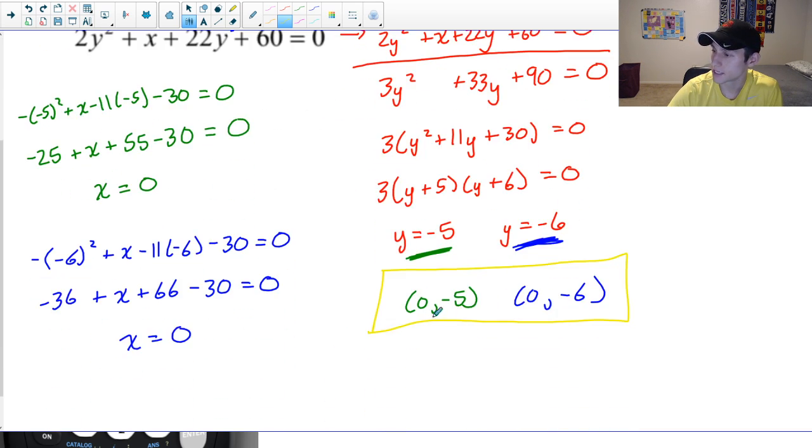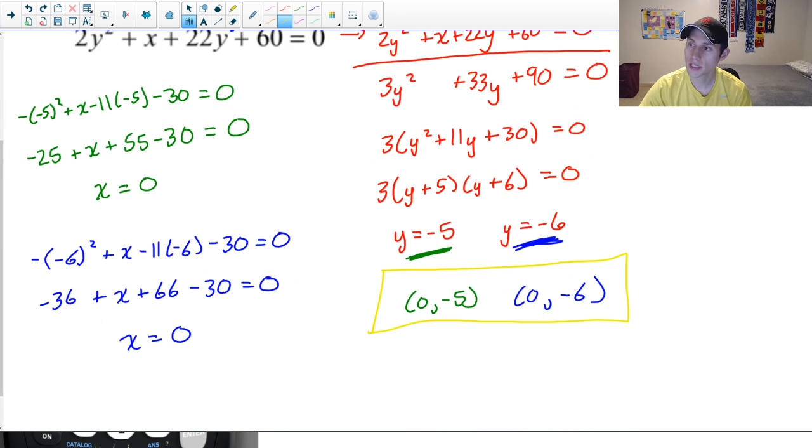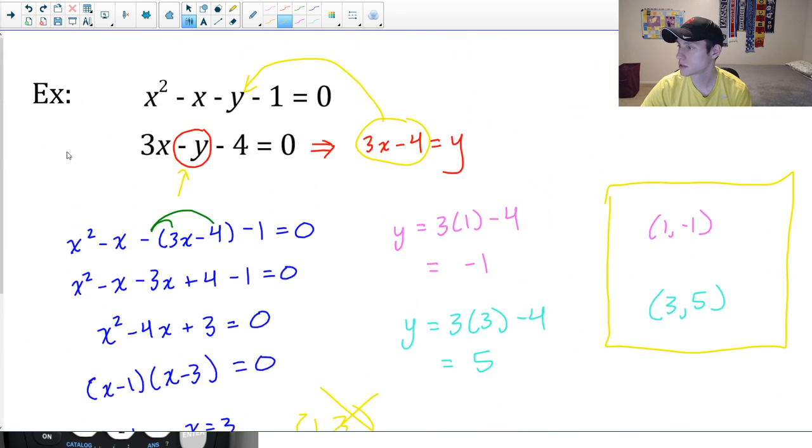We've got 0, negative 5, 0, negative 6. Okay, so there's 2 examples of how we could get 2